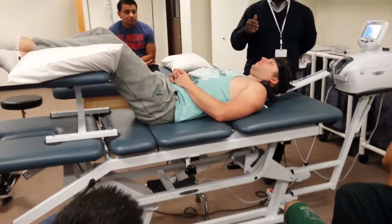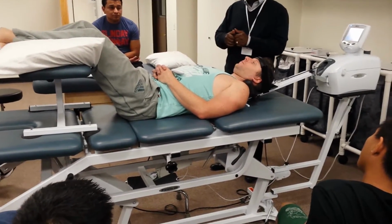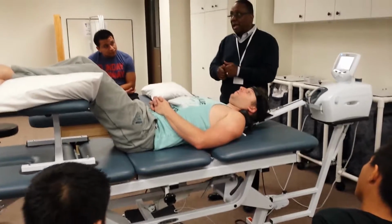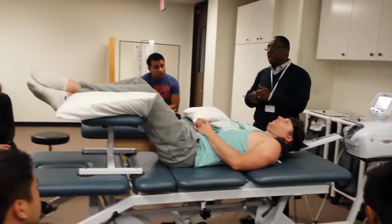Manual therapy, even though a lot of therapists use it, they use it in very limited ways. They don't use petrissage a lot. They'll tell you that's massage. But if you learn to do it the right way, all of the different techniques can be very, very effective with your patients, and your